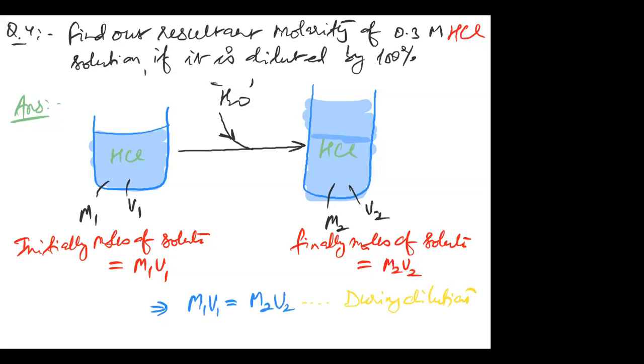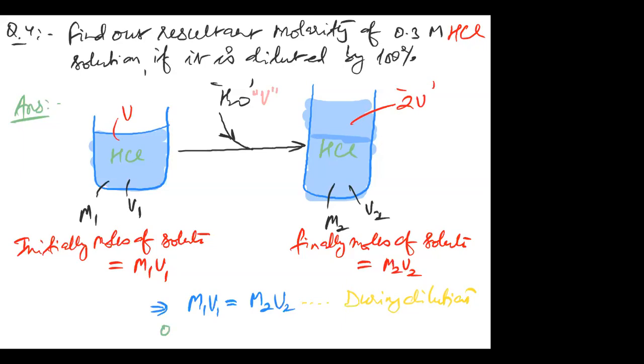During dilution, as we do not change moles of solute, we just add solvent. So initially moles of solute and final moles of solute will remain the same. Now, as per the question, suppose its volume is found to be V. The meaning of 100% dilution is we add another V volume and the total volume becomes 2V. So if you apply the same formula here,